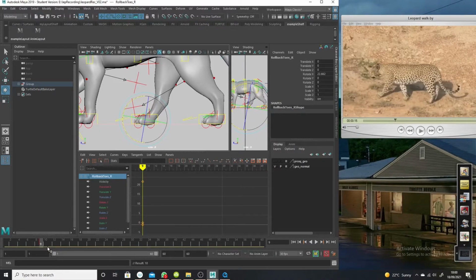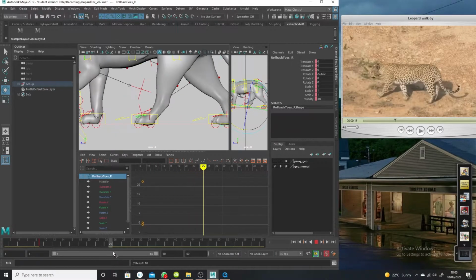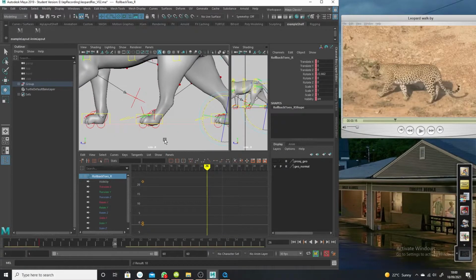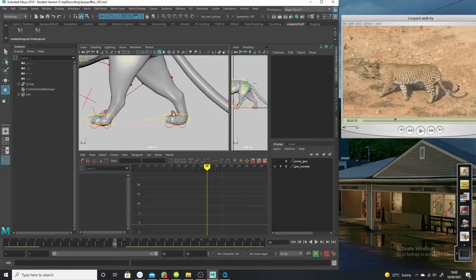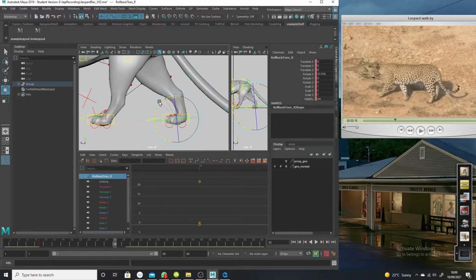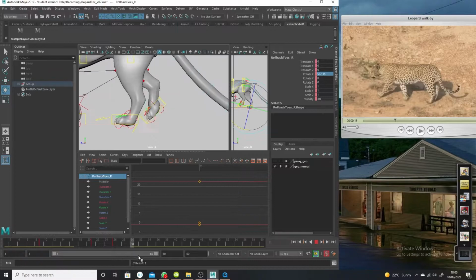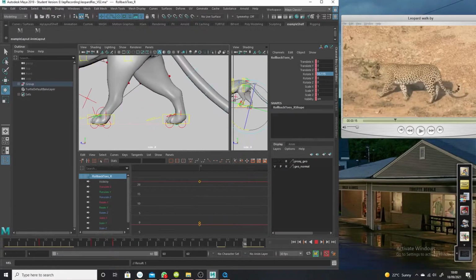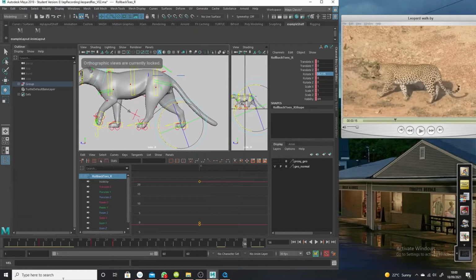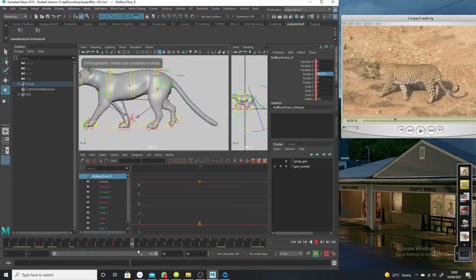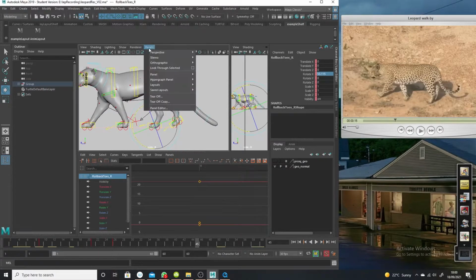Okay, so that, and then again the same thing happens here. You have this kind of twist in the back of the foot, and I'll get rid of the twist here. Oops, not too much, just a bit more like that. So it moves back and then goes like this. Okay, so that's essentially how the, and this, because we've